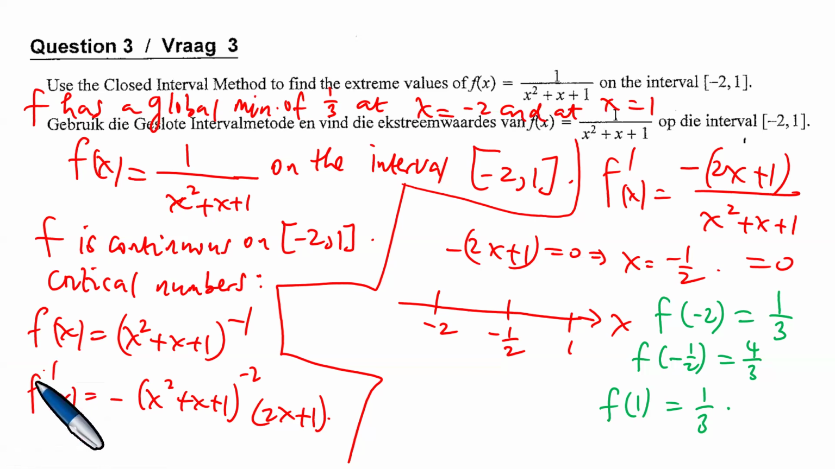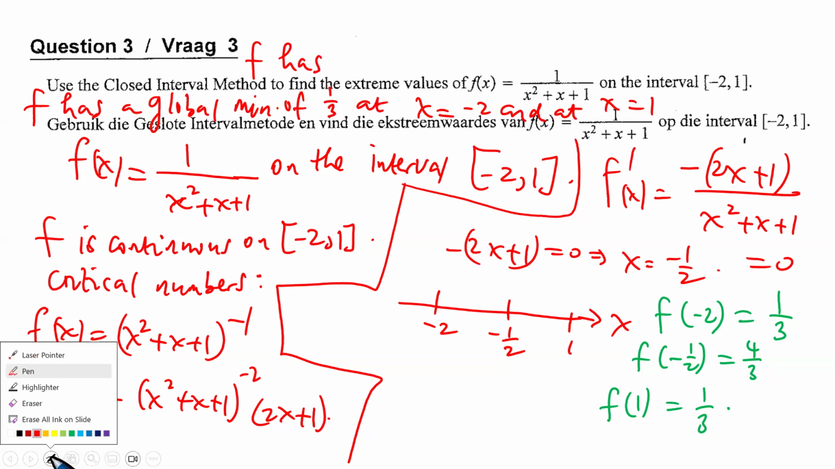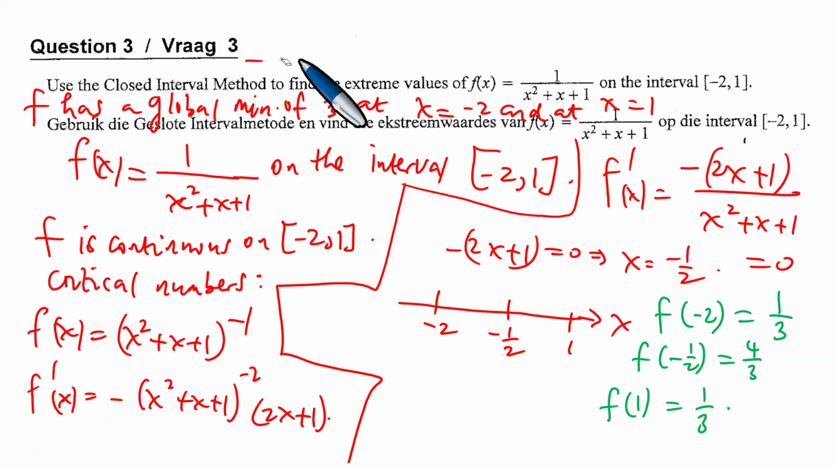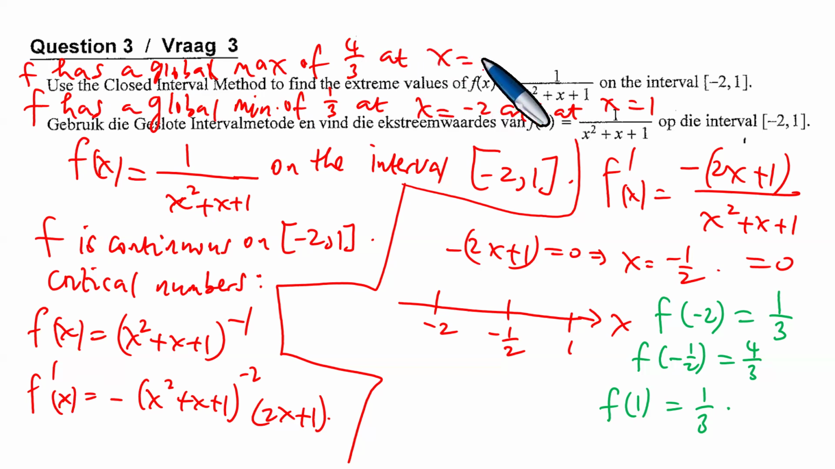Next, f has a global minimum, because now you're able to see that the 1/3 within this interval is the global minimum. And then you would also note that f has a global maximum, which is the global max of 4/3 at x equals